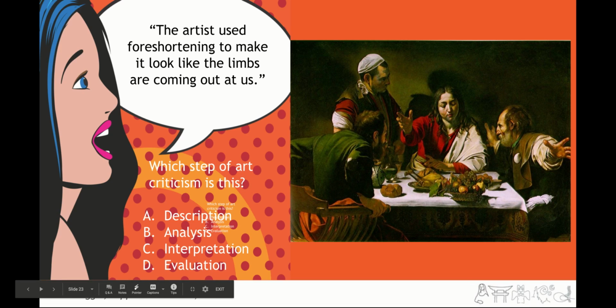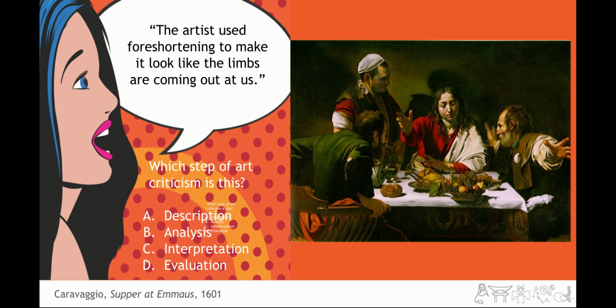The artist used foreshortening to make it look like the limbs are coming out at us. Which step of art criticism is this? Description, analysis, interpretation, or evaluation? This would be an analysis. This is where you're looking at how the artist created the artwork using those elements and principles. So foreshortening is a way of creating space in an artwork. The more art vocabulary you know, the easier it is to